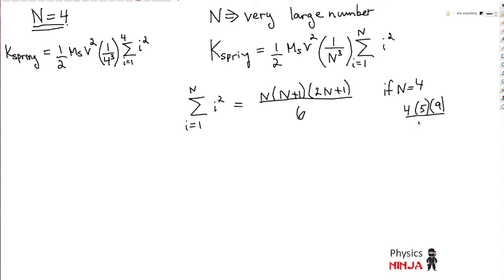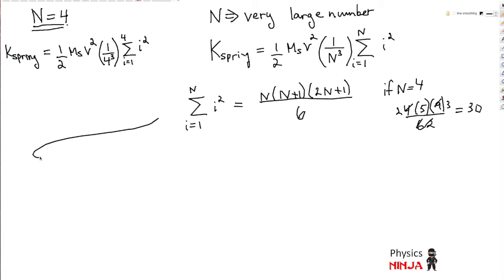And all that divided by 6. Okay, you can factor out some of the terms here. Take 3 out of the 9 and the 6. And I can take the 2 out of 4. Cancel that out. I'm left with 2 times 5 times 3 equals 30. So you can see that this formula certainly works for n equals 4, and you can also verify it at any other number. So now we simply have to substitute this term back into our spring energy,